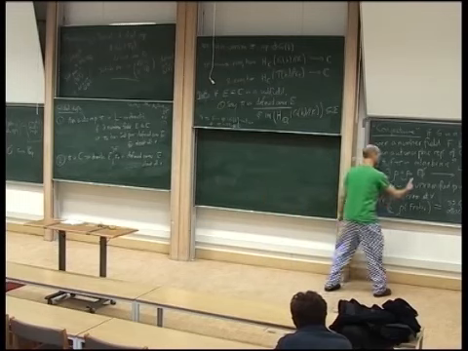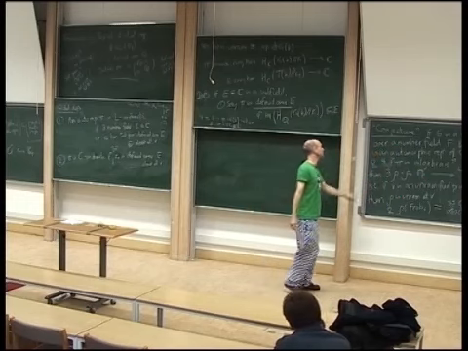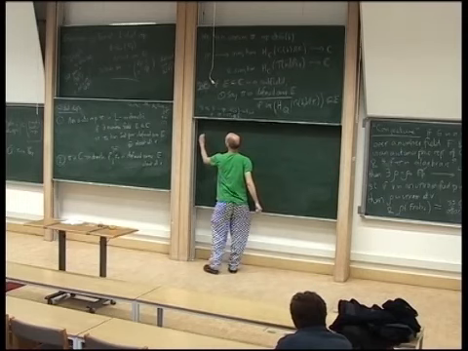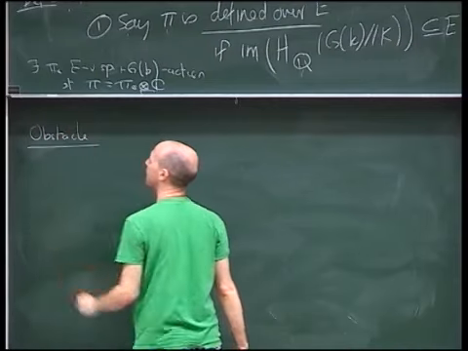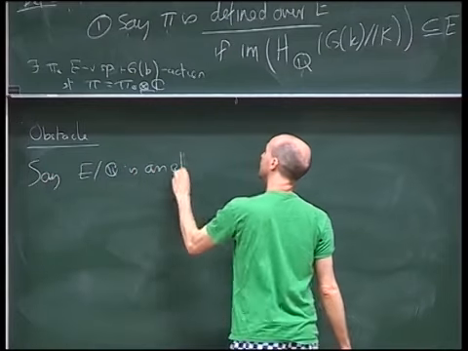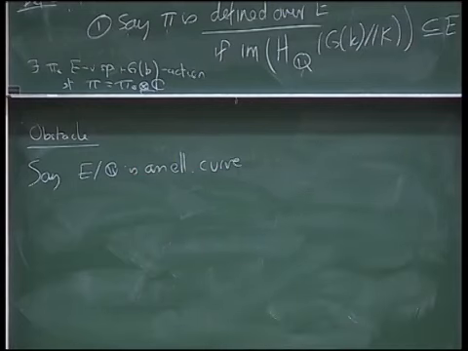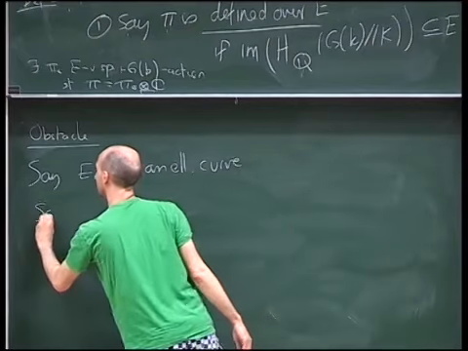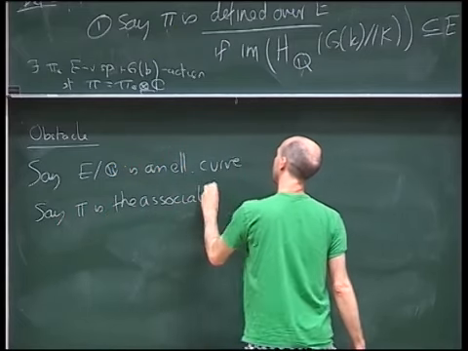After a bit of confusion, thinking, are we actually doing the right thing, I realized that there was actually a much more trivial obstacle to formulating this conjecture. So here's an obstacle that we somehow have to really think about now. Say E over Q is an elliptic curve. In the old days, I would have said a modular elliptic curve, because that's the thing I need about it. But they're all modular now, so let's say pi is the associated automorphic representation